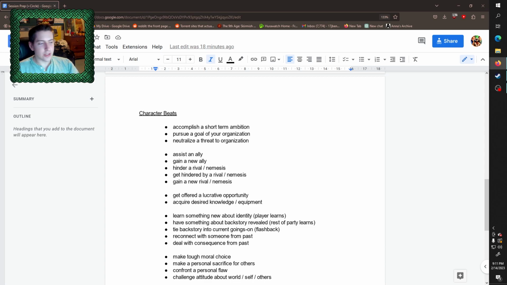Alternatively, I've now also given my players memberships to organizations and factions that have mechanical effects as well. For example, someone who's a member of a wizard school might now have access to their libraries and records and can research stuff.